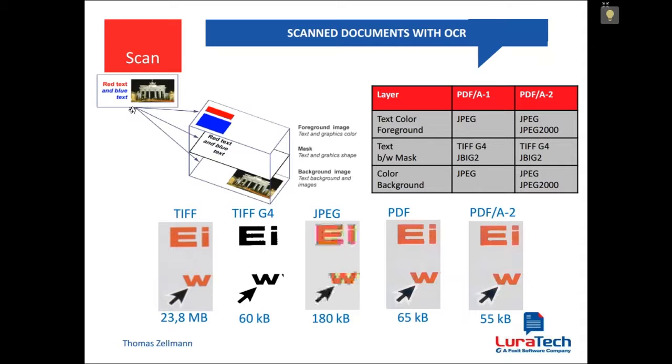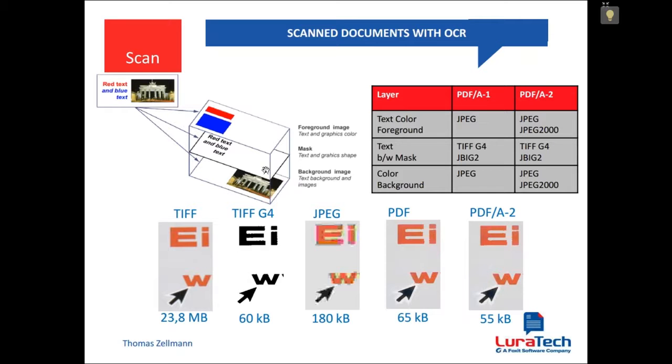So if you have a very generic document here in the upper left corner, this has some text in red and blue, so also color text. It has an image part, and this is a main trick of our high compression solution. Very easy to understand, very complex software algorithm, but very easy. It's within one PDF file, and then it splits the objects, the different objects in the document, into 3 different